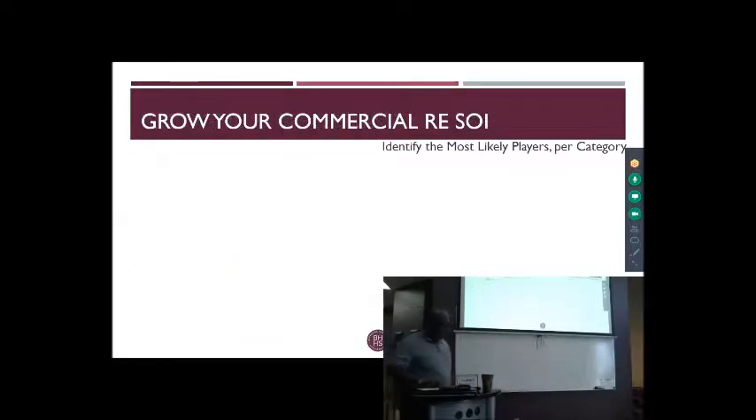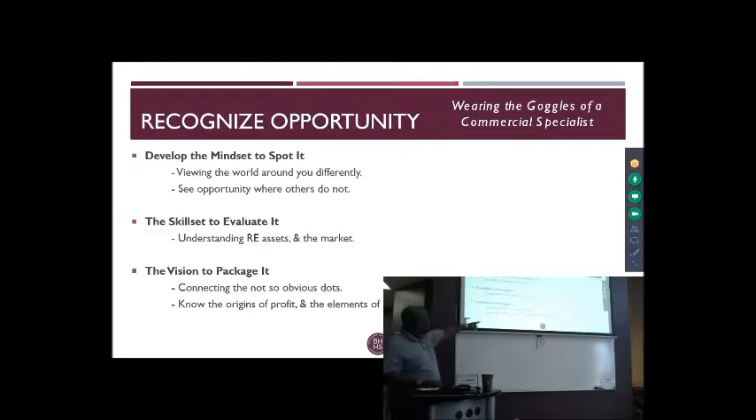Knowing the origins of profit and the elements of benefit. So understanding if you're looking at an opportunity or potential opportunity, understand where the value is in it, understand the origins of the profit. So in order to make this opportunity, this wedge of land,